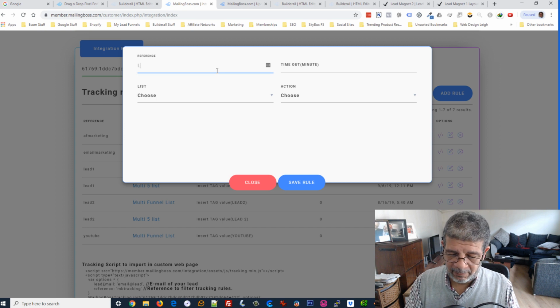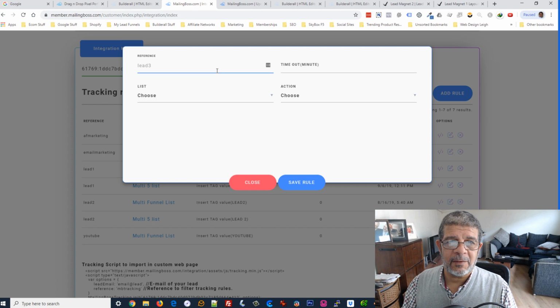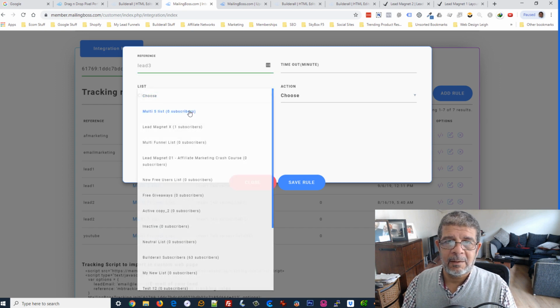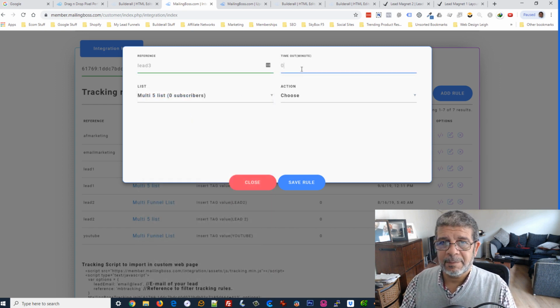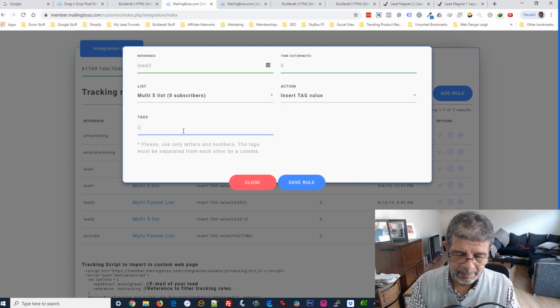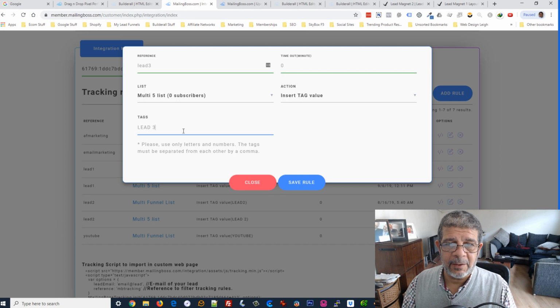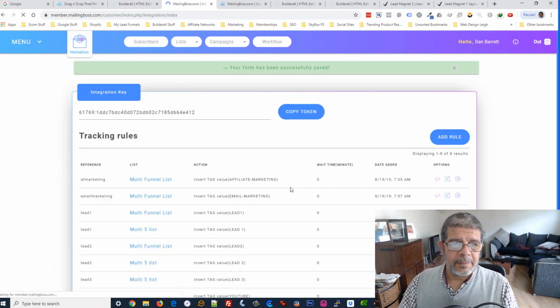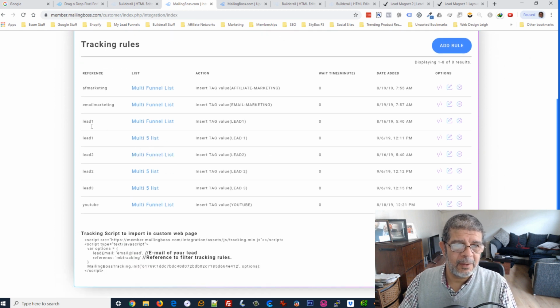I don't want to confuse you guys. It's tricky enough as it is, this. Timeout 0 and insert tag value lead 3. Save rule. So we've got lead 1, lead 2 and lead 3, and